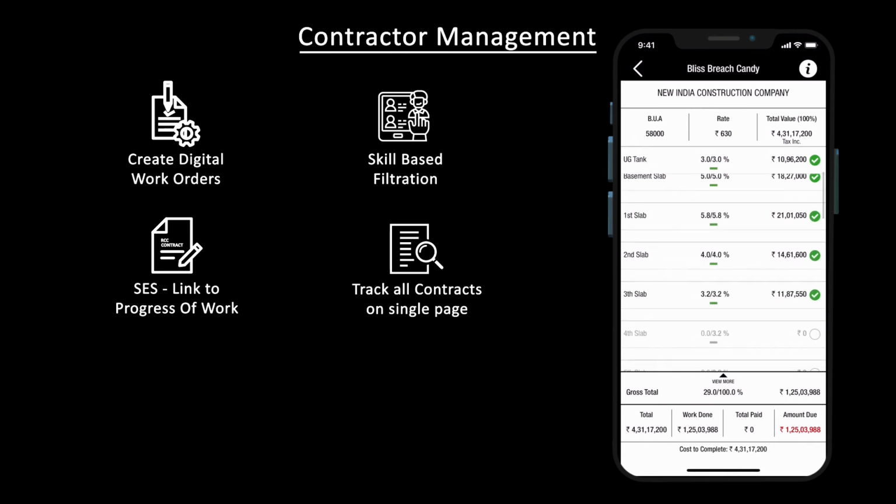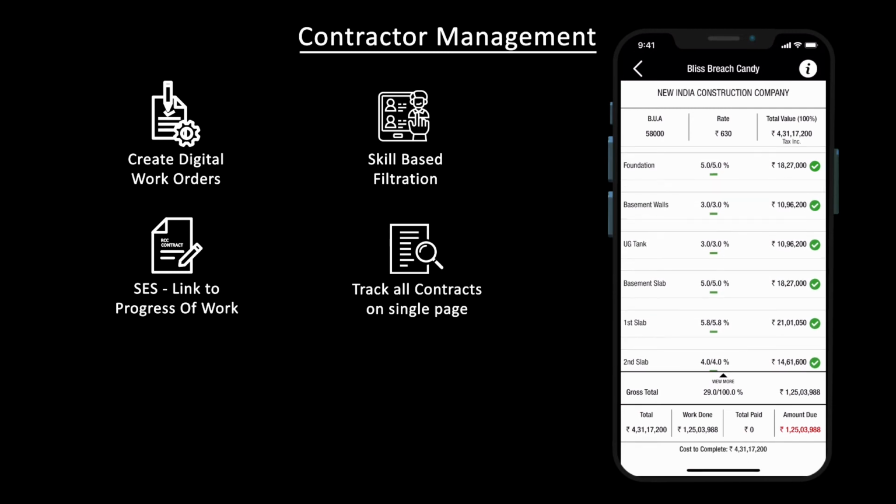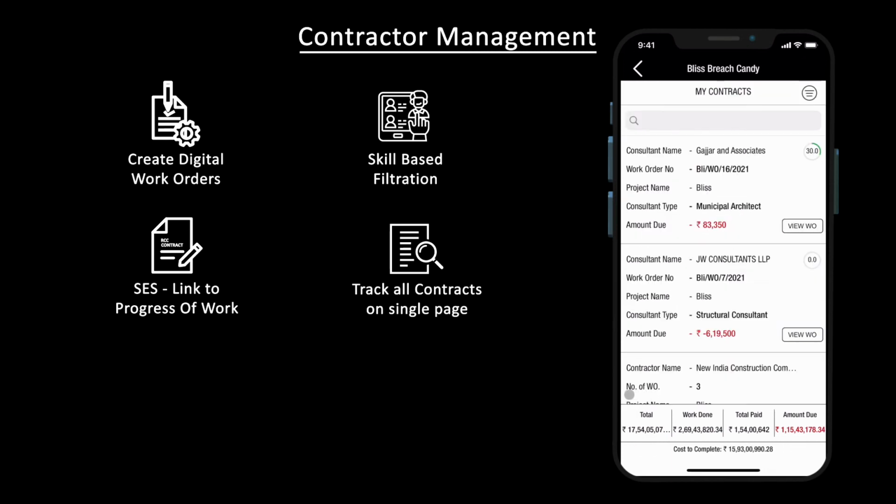This is where the Stallion Ecosystem comes into place. As and when a particular slab is completed, in the RCC module, it would automatically make that particular slab due. Stallion as a space is entirely interconnected, where every action leads to another action on its own. You can update payments made, which would result to display stats like the total contract value, amount paid, and what is actually due. If we go back a page, it would show you all the contracts you have issued to